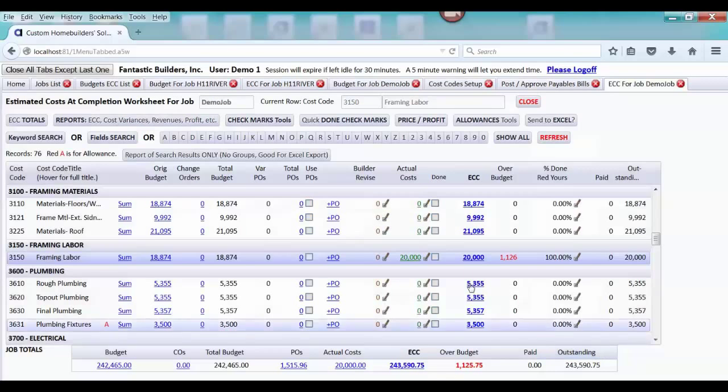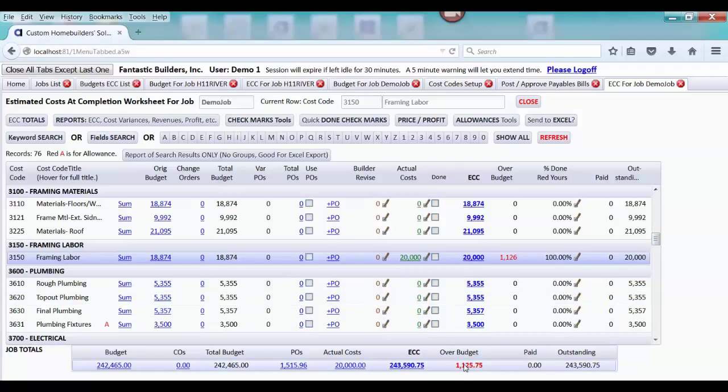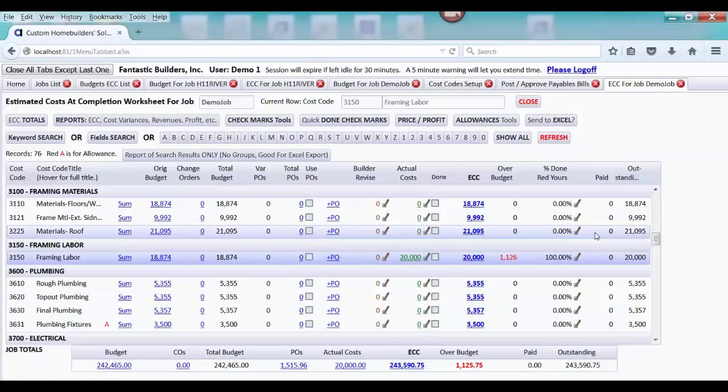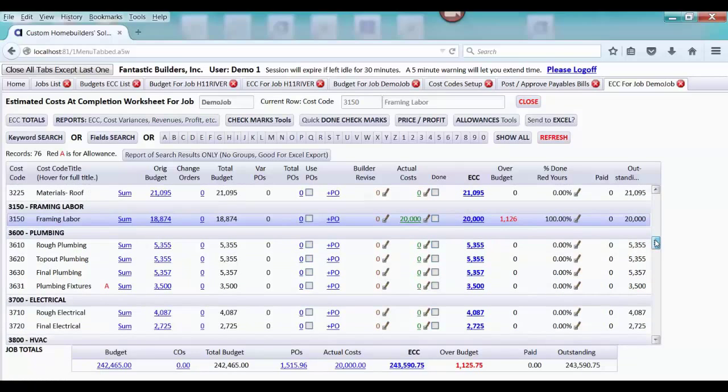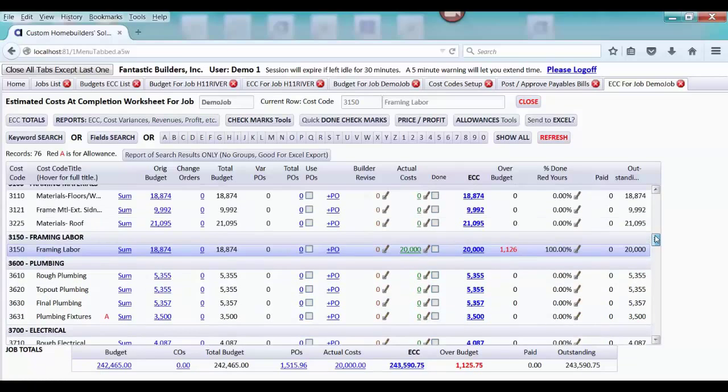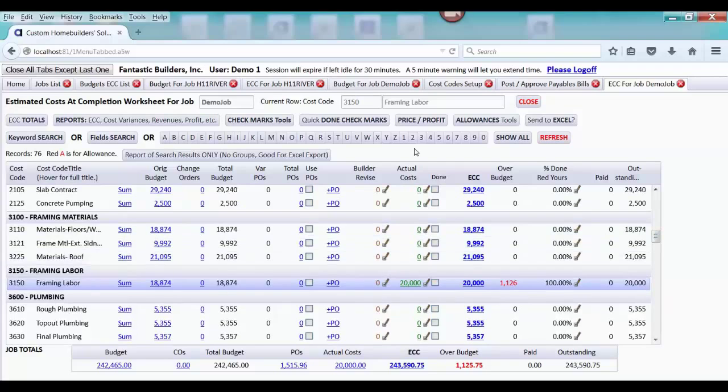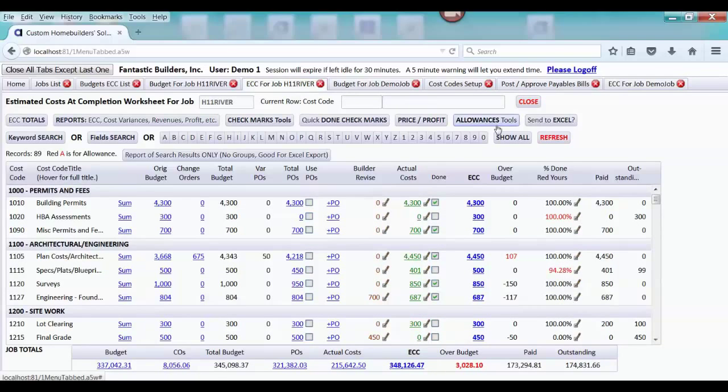And right away you can see that out over here 1,125 is popping out as an overage amount, and that my total overage, since we haven't entered any other bills, is coming out down here. As we enter bills, we can see the effect of that, but I wanted you to see the effect of this one particular one. What I'm going to do now is jump over to the estimated cost at completion for our other demo job that we have a lot of things in progress,